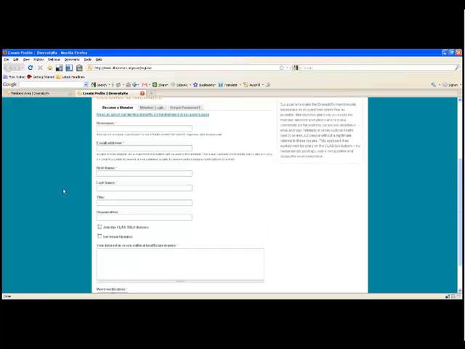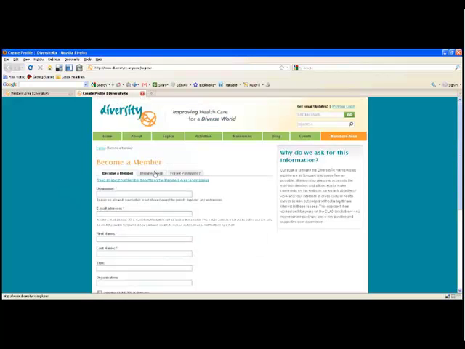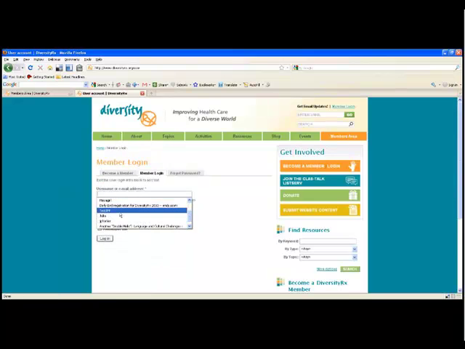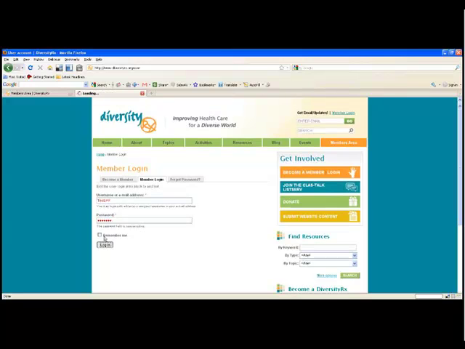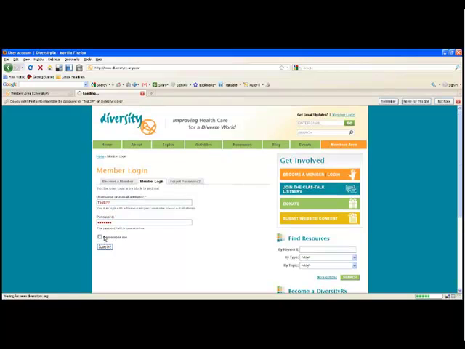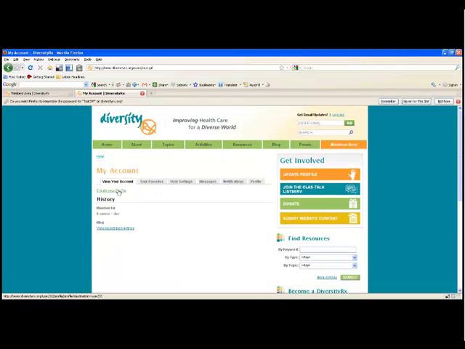So just to give you a little taste of what you can see if you're a member, I'm going to type in a test username here and the password, and this will give me the chance to show you the member directory, which is the third piece of our resource database. Now, you can see here that when I sign in, it prompts me to create a profile.